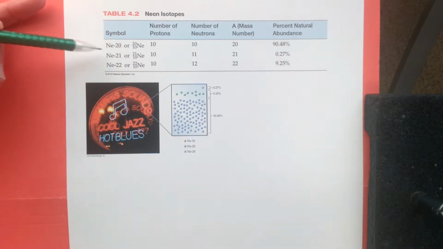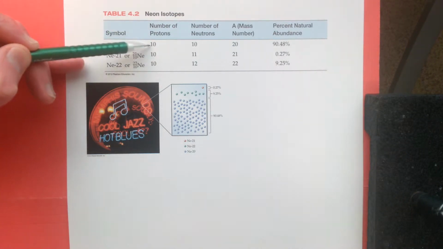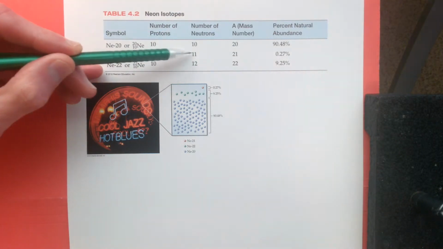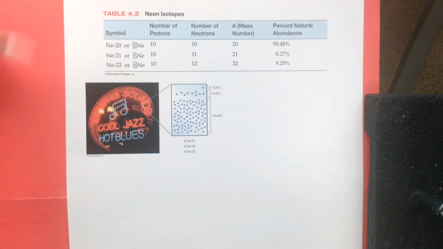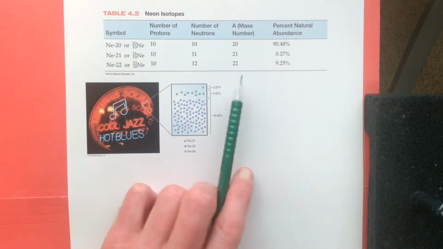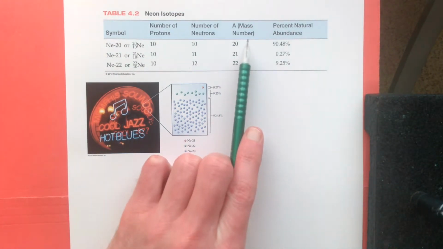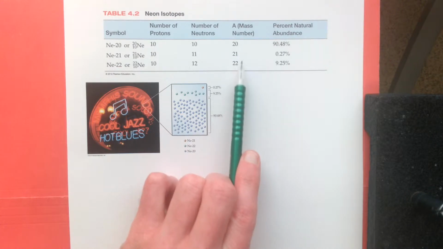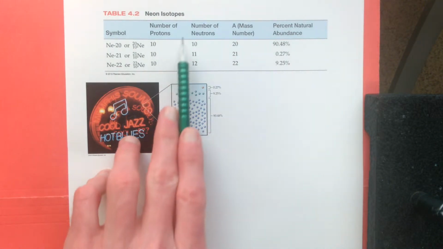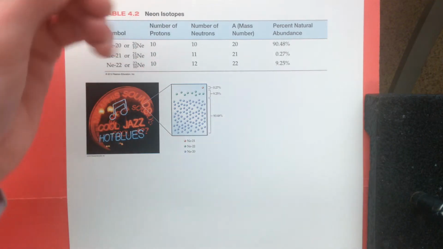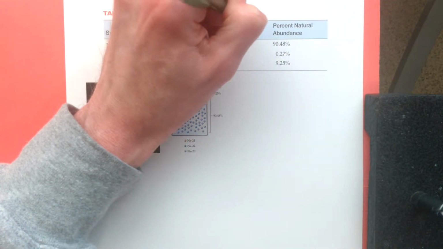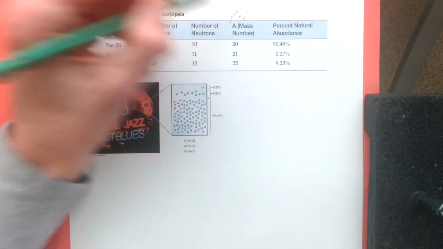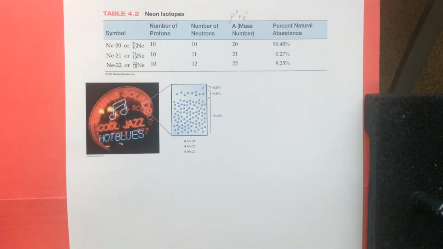An isotope is an atom of an element that has the same number of protons but a different number of neutrons, meaning that its mass number will be different. Because remember from early in chemistry, the mass number of an element is equal to the protons plus neutrons. Okay, and I've got the little plus sign up here to remind you they're positive, and the 0 for no